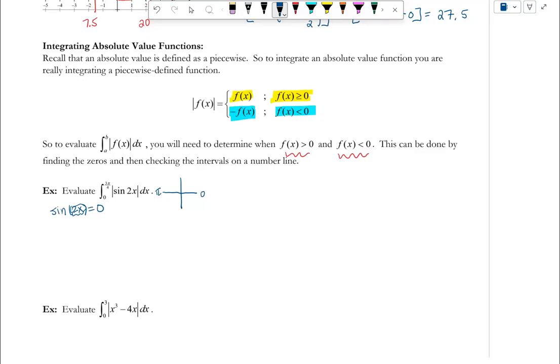So really, I could express this as pi plus pi n, because every time we move pi radians around the unit circle, which is halfway around the unit circle, we're going to have a sine value of 0. So I could think that this will happen